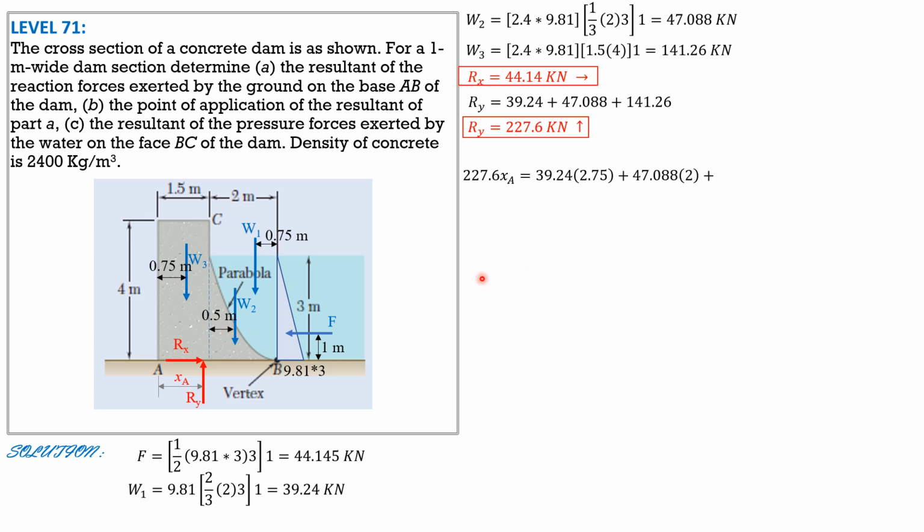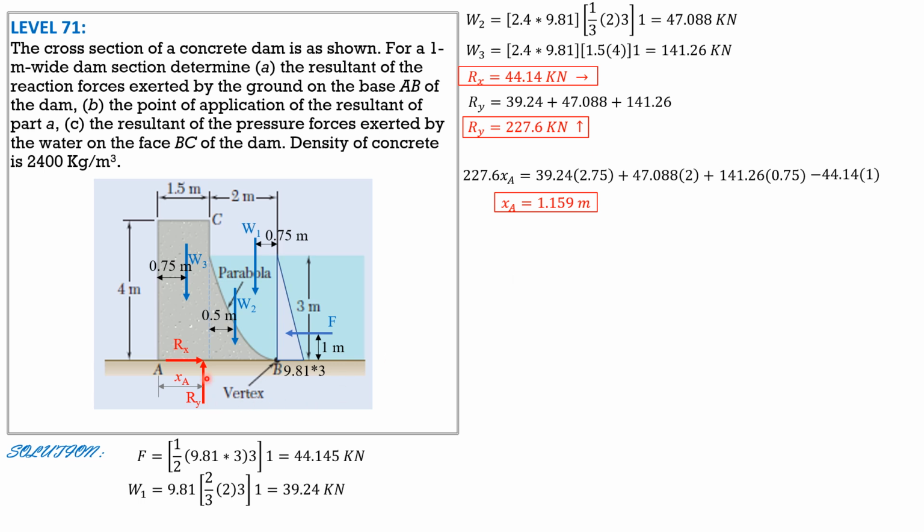So 47.088 times 2, then plus weight 3, 141.26 times 0.75, then minus F, minus 44.145 times 1. So solving for XA, XA is equal to